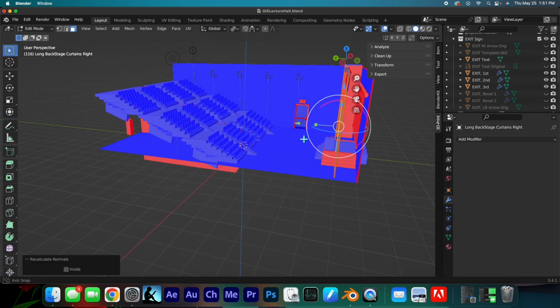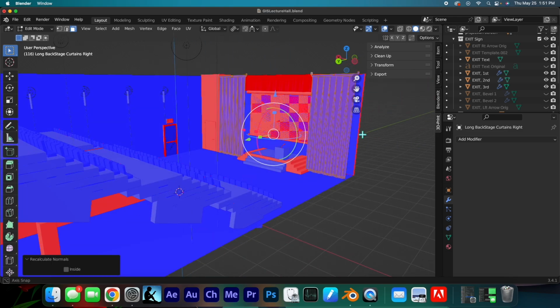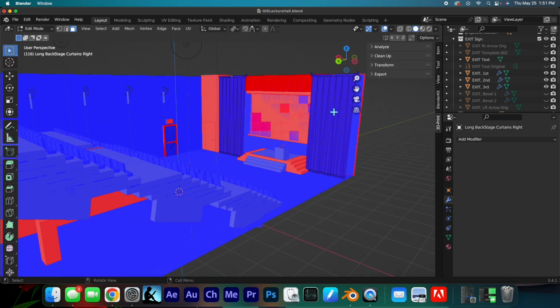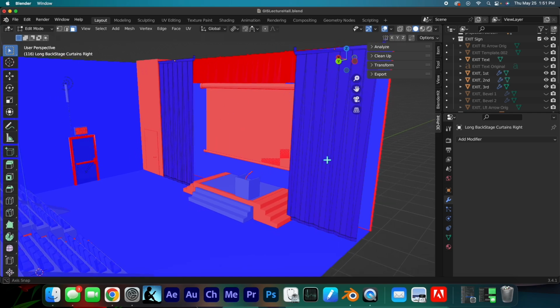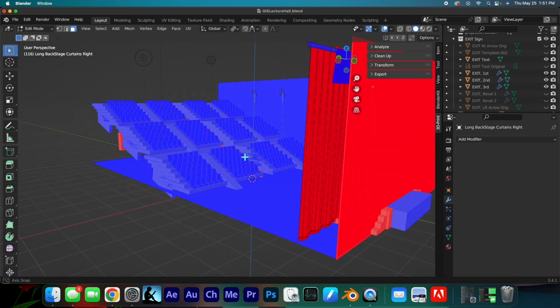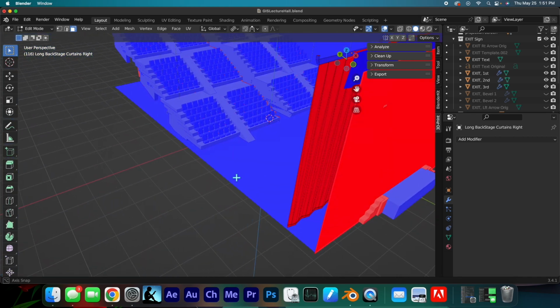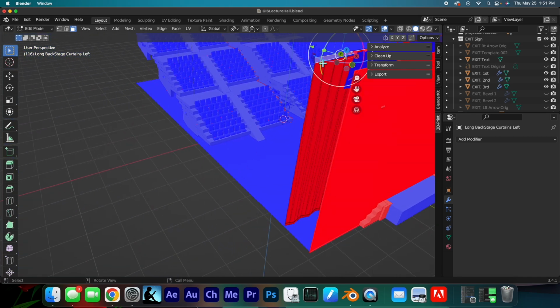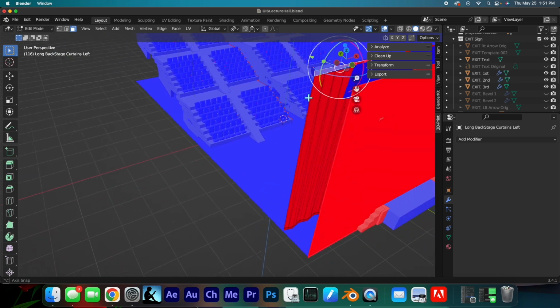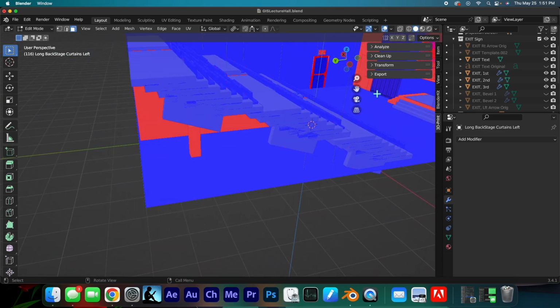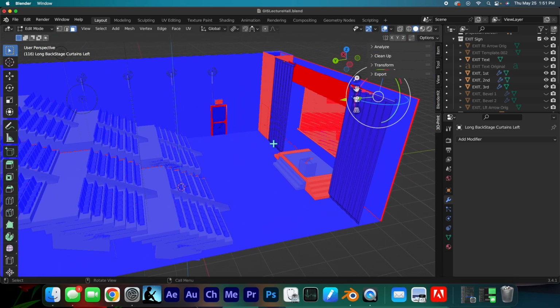And now if I look back over here, this of course is red. Now, interestingly, there we go. It shows everything should be red there, and everything's red over here. Now, of course, the bar at the top needs to be fixed, but that's not what I selected when I originally did it. I just selected the curtains. So now you can see that, even though it doesn't really look any different,